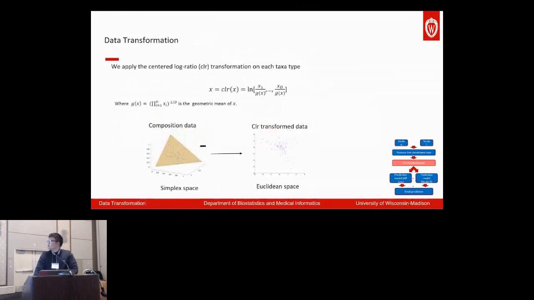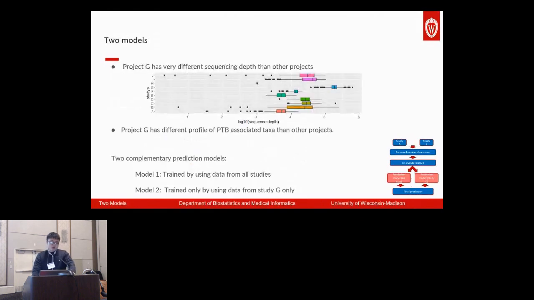The taxonomy data and the phylotype data are relative abundance data. We need to apply some normalization before we put them in our models. So we applied the centered log ratio transformation on each project's data. For each observation of a taxon in each specimen, we divide the observation by the sum of the observations of all taxa in that specimen and take the log. After that, we can map the composition data, which is bounded relative data, to Euclidean space. Here we use the normalized data to build our two models.